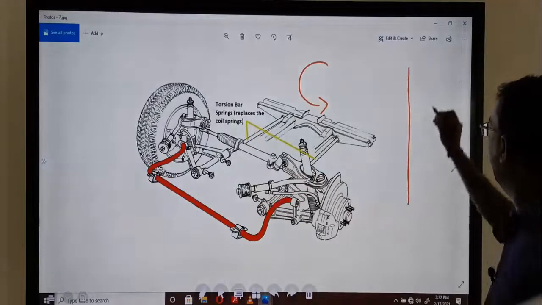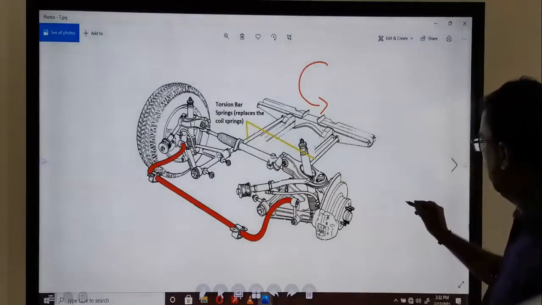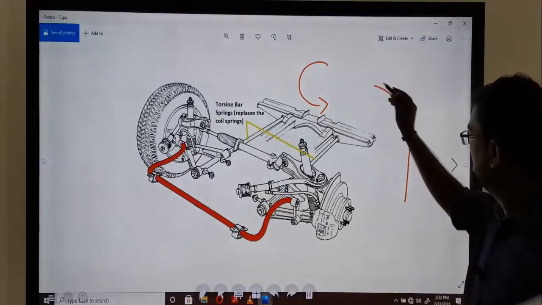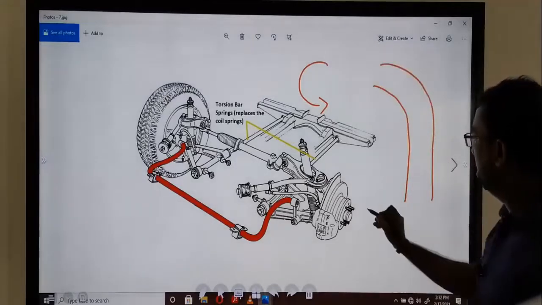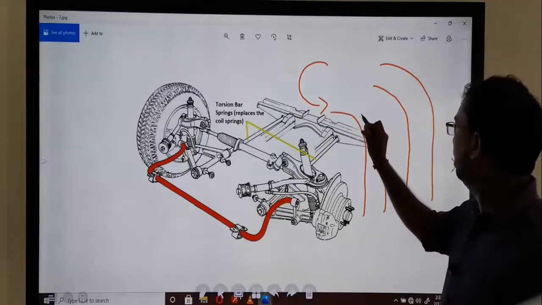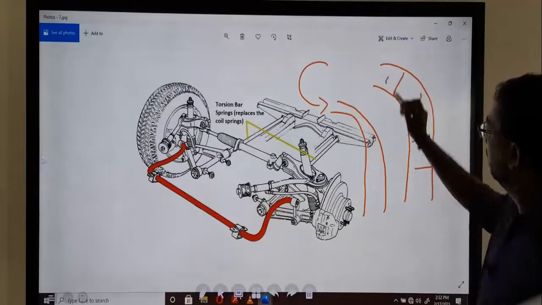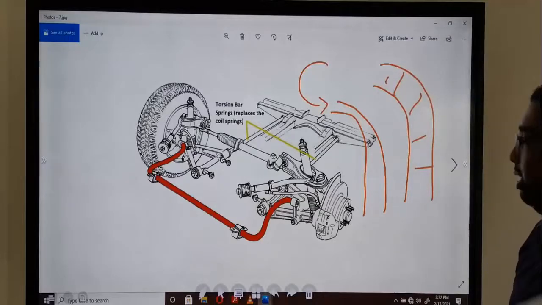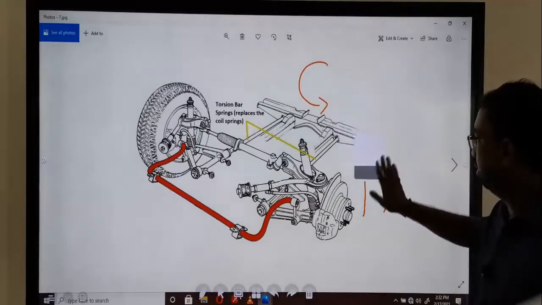When you turn the steering, this is traction. This is called not unbalanced traction, like this. So the gaps are the same. So the anti-roll bar maintains or keeps the traction of the vehicle.